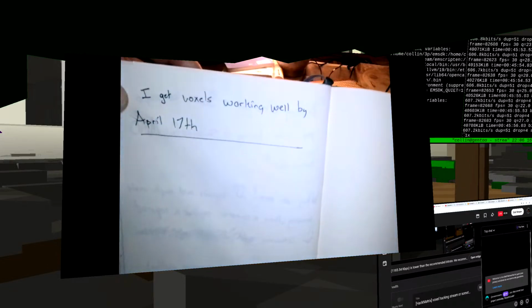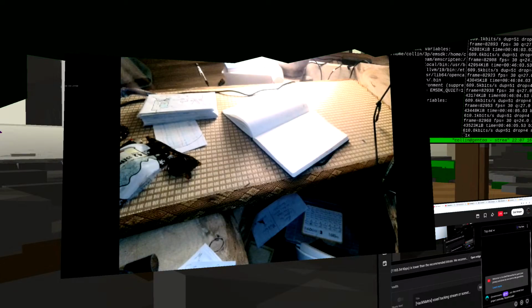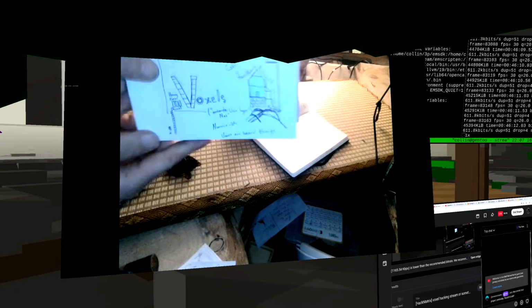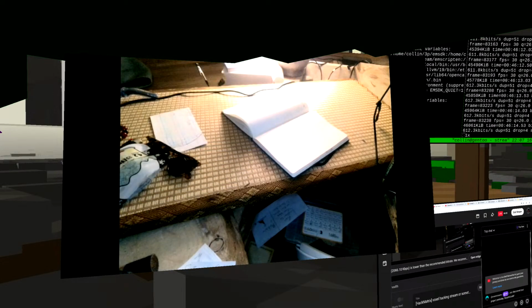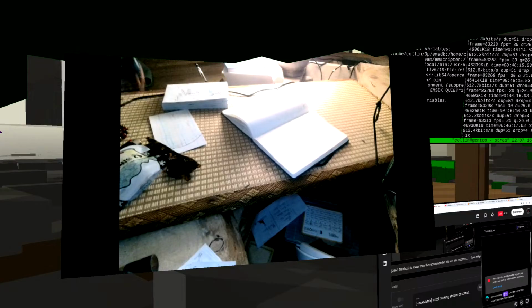The bottoms of my feet. I put this here to show the goal that I wrote, which is I get voxels working well by April 17th. So the voxel system already works. I like voxels, and it already works, and it's the card at the top of the deck, which is what made me think about it. So there's the voxel card. So, I'm playing the voxel